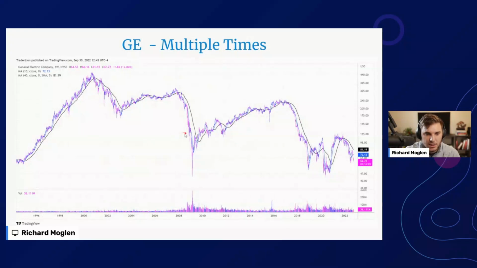Here's another example, GE, going back to another kind of blue chip name that was part of everybody's 401k and one of the biggest stocks in the world. We have a beautiful stage 2 uptrend in the 90s. Then in the 2000 bear market, we begin a stage 4 downtrend that lasts for multiple years. We get a slight uptrend here. It underperforms the market a little bit. And then once again in 2008, we get absolutely slammed, stage 4 downtrend, and we give back all these decades